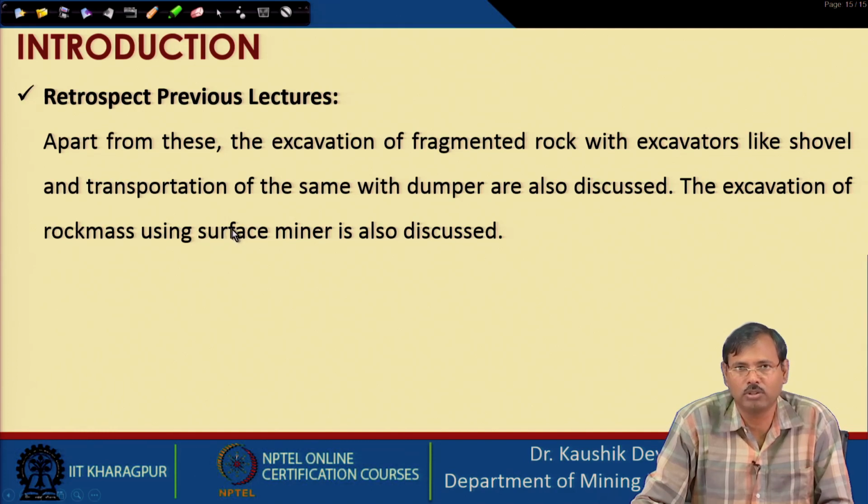Precise control on dumping the material at a precise location is not possible with the dragline. Dragline always goes for area dumping of the material, but because it has a very high, long reach, the dragline can dump the material directly at a distance. If a shovel dumper combination is used for that, it takes more time.